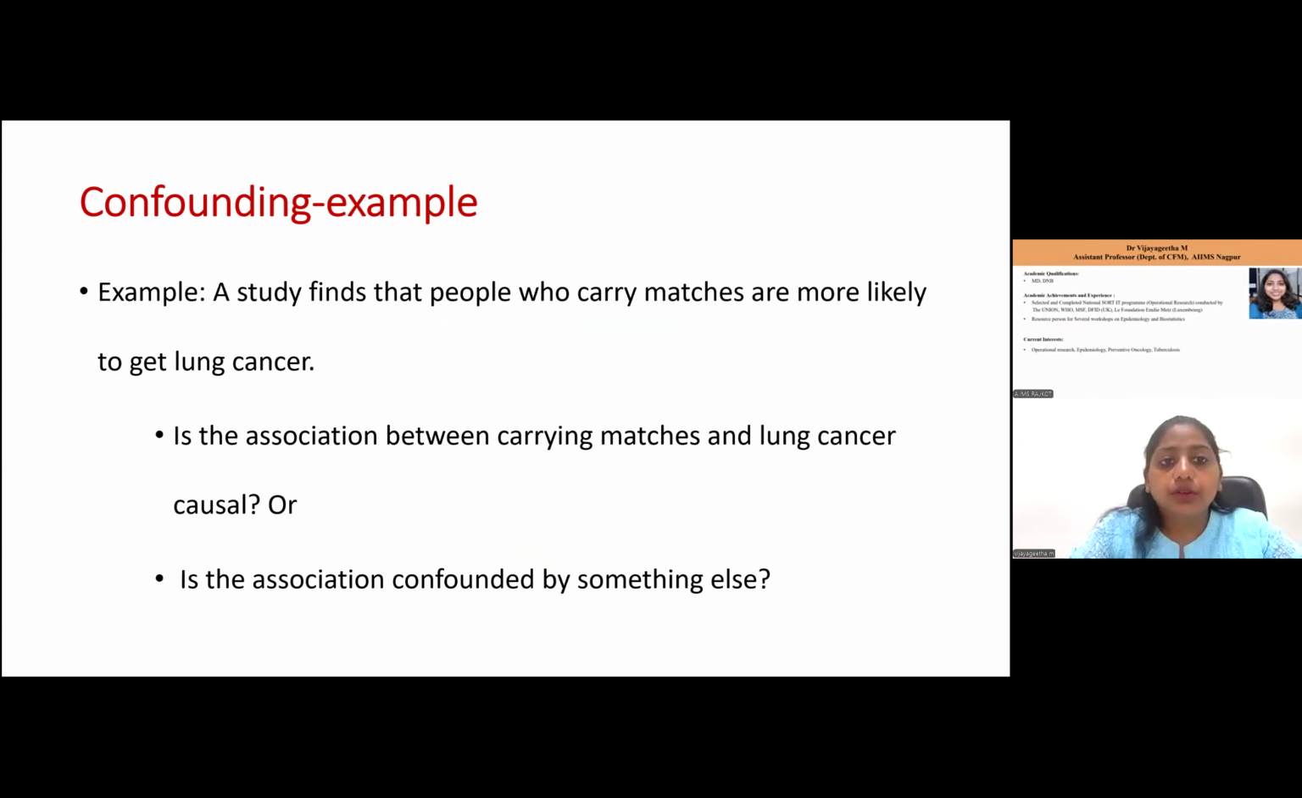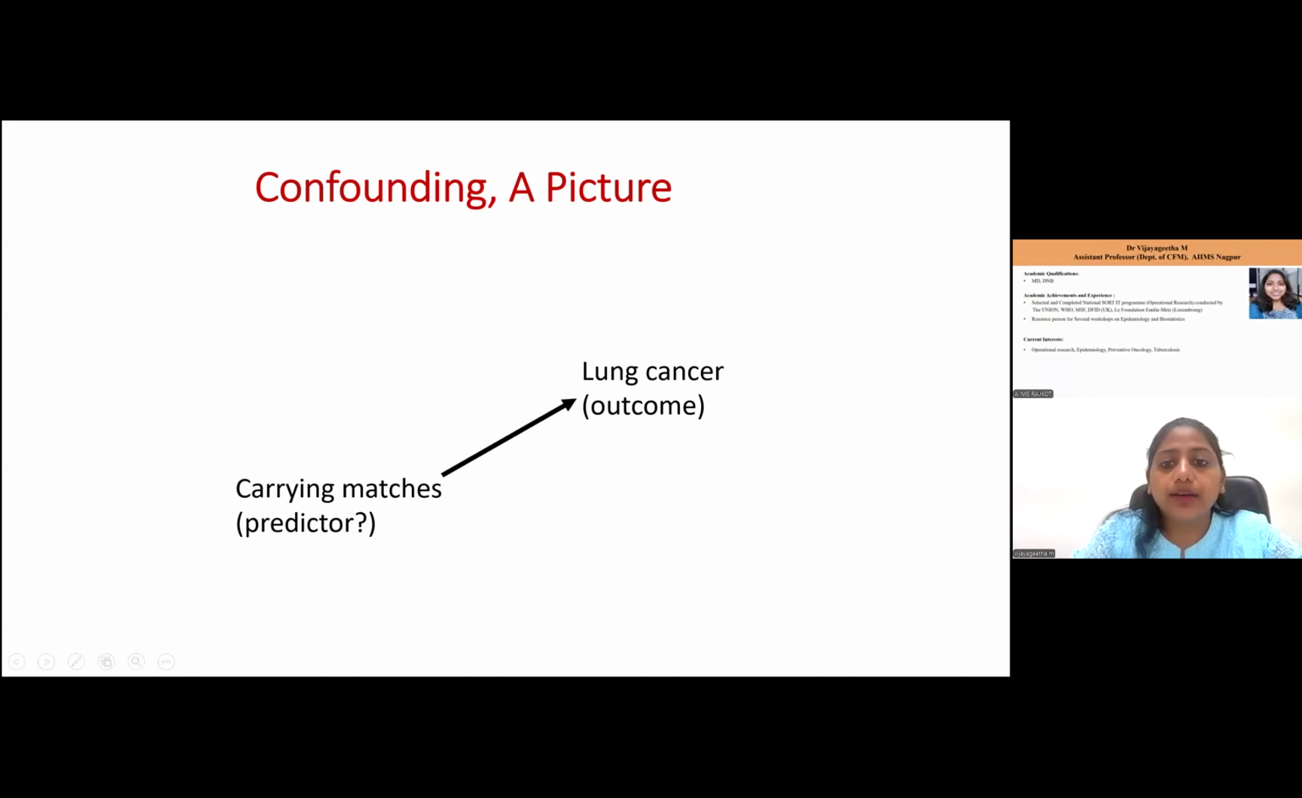Okay, so a study finds that people who carry matchboxes are likely to get lung cancer. So what do we say? Is the association between carrying matches and lung cancer causal? Is the association confounded by something else, right? So we have two variables here. One is carrying matches, which is the predictor variable or exposure variable, and we have lung cancer as the